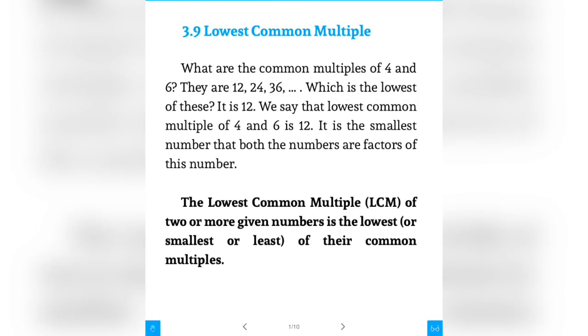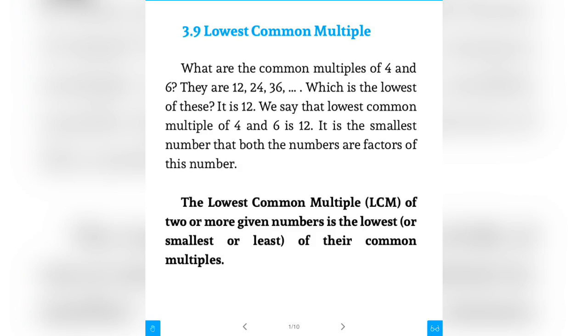Our today's topic is lowest common multiple. What is lowest common multiple? Or shortly we can say it LCM. Dear students, as you already studied this topic in class 5th, and before beginning the chapter I have already mentioned the LCM just after the HCF. So now let's today again revise it.